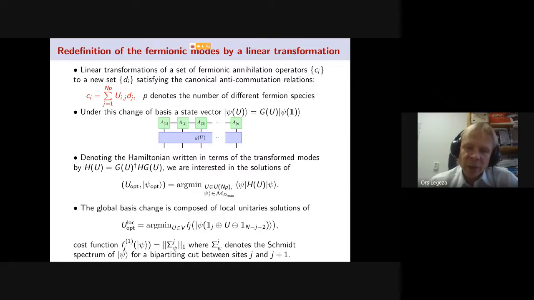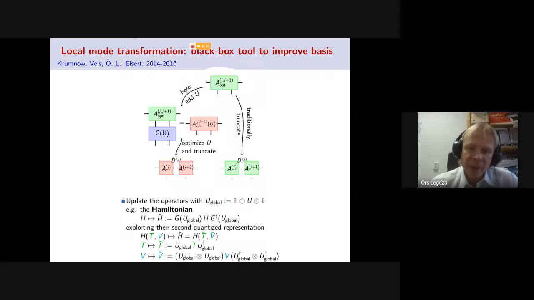And then if the rotation has lower entropy, then we keep it, because the main idea is that we would like to reduce the entanglement in the system so that we can lower the bond dimensions. So graphically, where we have just a joint tensor, in DMRG we split it up into two parts, and then we truncate it. Now, instead of that, we take these two, we multiply it with some GU, and then once